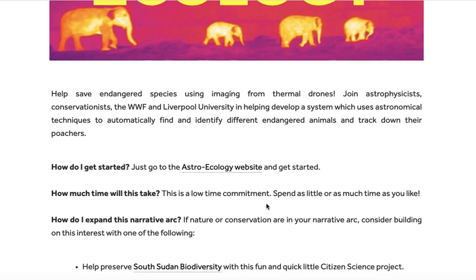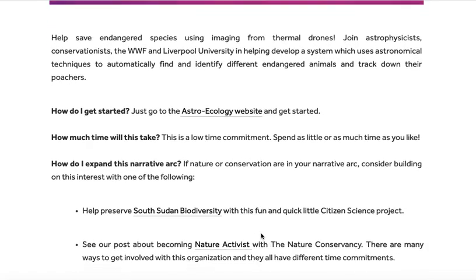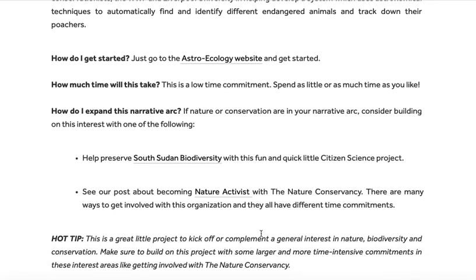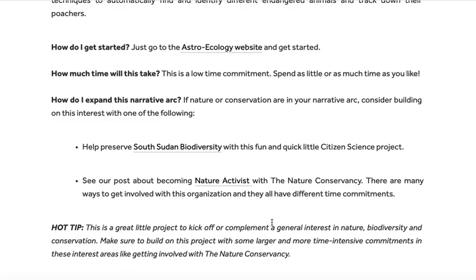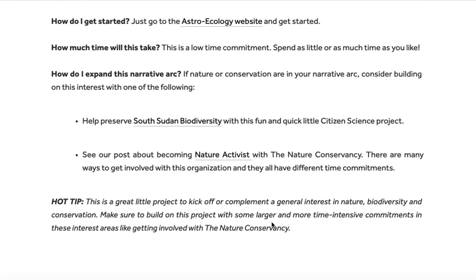And in this particular case, in this unique extracurricular, it's a very low time commitment. You can spend as little or as much time as you want. And then this is the really important stuff. If you decide that you're interested in this activity and you would like to start doing it, in the next lesson, you're going to write it down and then consider whether or not there are any other